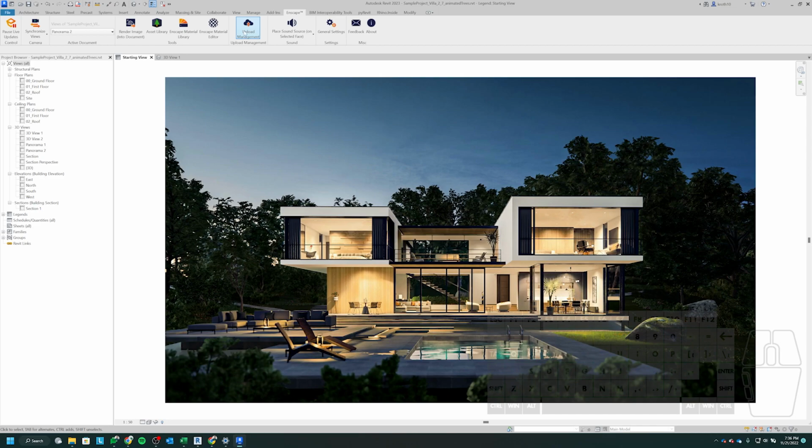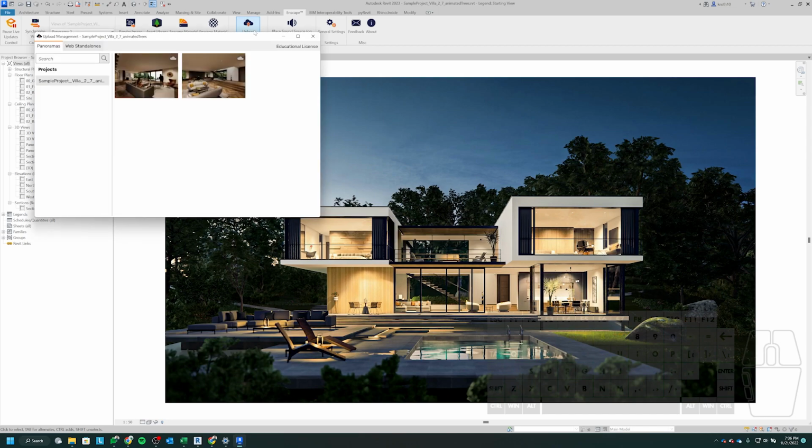You have to go over here to this button that says Upload Management. Okay, which doesn't seem very obvious, but that's where the panoramas save. Basically, what this does is it saves them within Revit, and then you have this option here, which looks like a little cloud, and actually in your case it might look like a little arrow. If you click on this button here in the corner though, it's going to let you upload this panorama to,